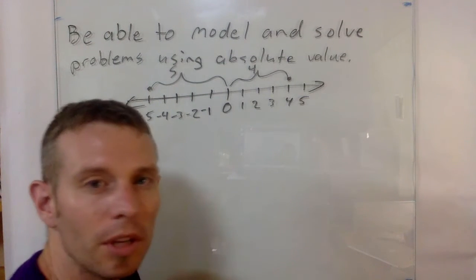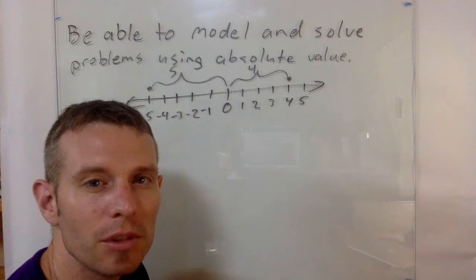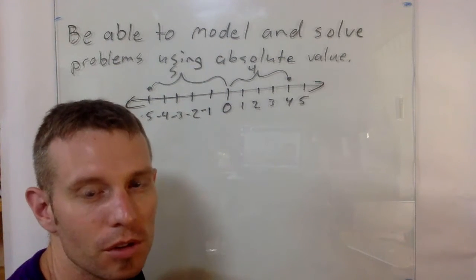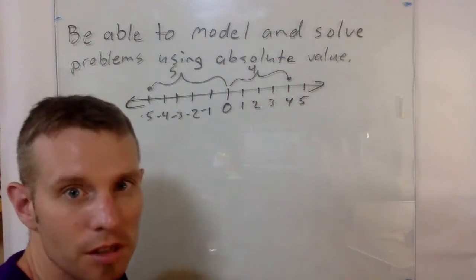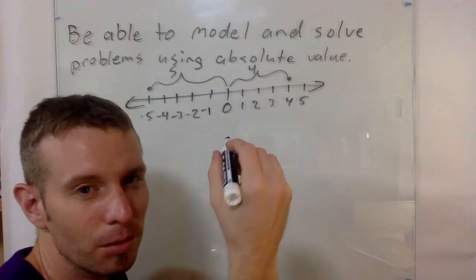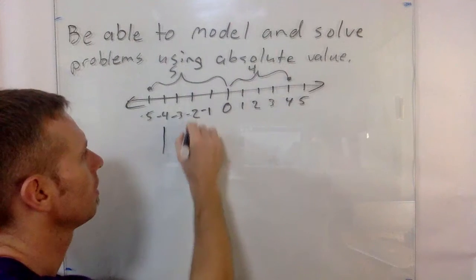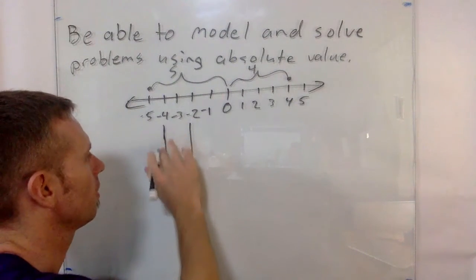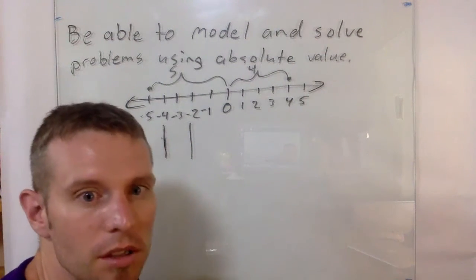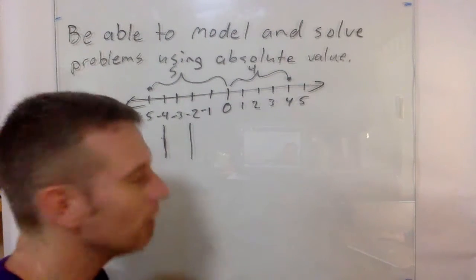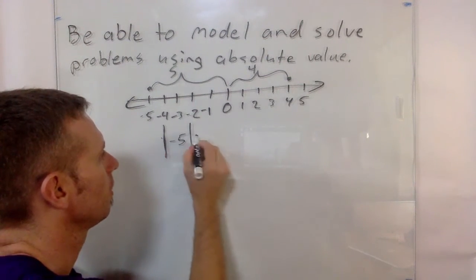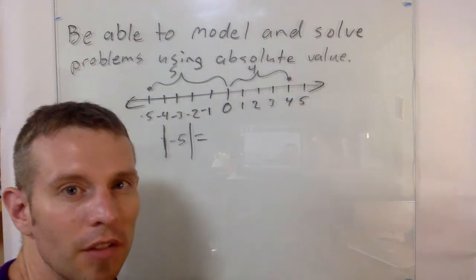And so when we're getting absolute value, we always give the absolute value in positive terms. So the symbol for absolute value is like parentheses, but it's 2 straight lines instead of curved lines. It looks something like this. This would be the absolute value of -5 equals